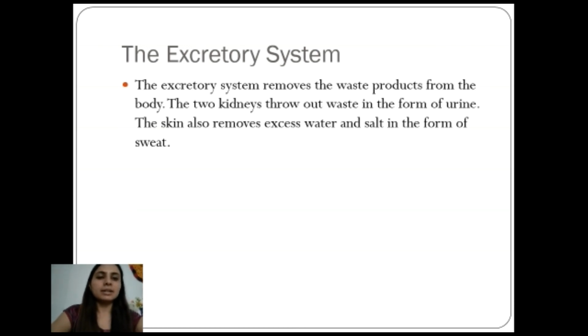This completes our chapter, our body, and now we will go to the points to remember. Whatever we have studied till now, I will summarize in points to remember. Listen to me carefully. The different organs of the body work together as a system. When the different organs work together, it is known as an organ system. The skeletal system provides shape and support to the body. The muscular system helps us in our body's movement.